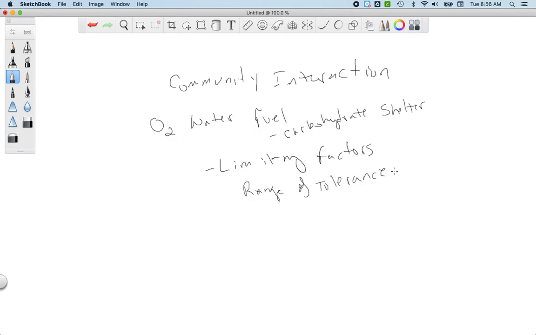Most limiting factors are going to be related to what an organism's particular range of tolerance is for those factors. The other thing that was discussed in this section is something called succession, and that is how, not so much the communities would change after a disaster or after the emergence of a piece of land or other place where life could exist, but it has to do with the movement of living organisms into that particular area.